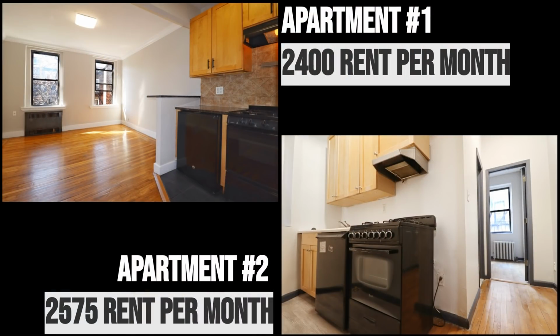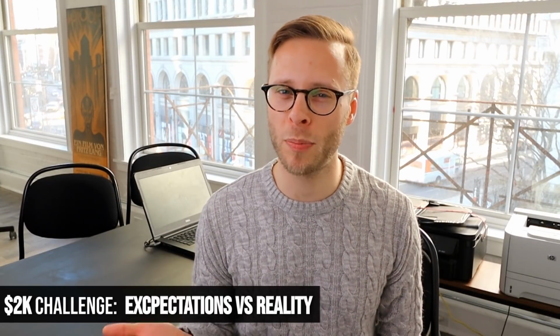Look at these two photos. Which apartment do you think is the nicer place? Okay, remember your choice and watch till the end because we're gonna go look at these apartments in person and